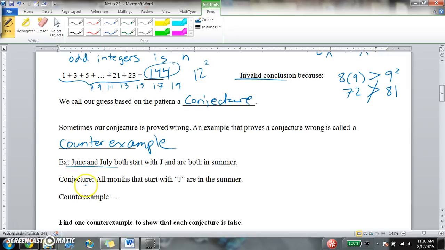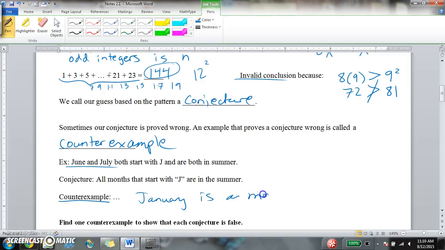So, I can make a conjecture about this pattern. Based on this, I'm going to say that all months that start with J are in the summer. However, we know that that's not true, because our counterexample to this conjecture would be that January